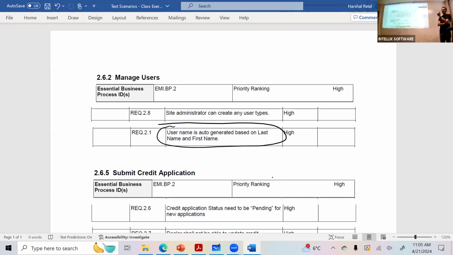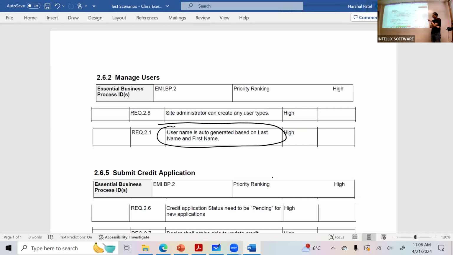The requirement says it's auto-generated, which means you are not providing the username, the system needs to generate it. That's what we are testing here. So you cannot provide the username. That's out of scope. Our focus is what the username is supposed to be.